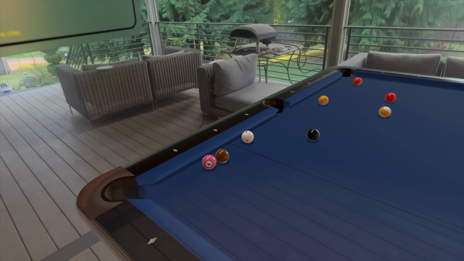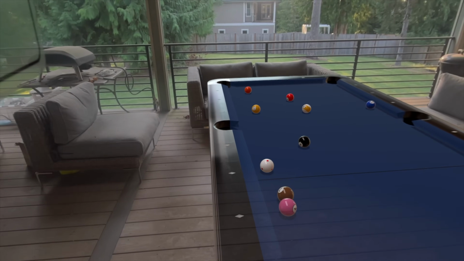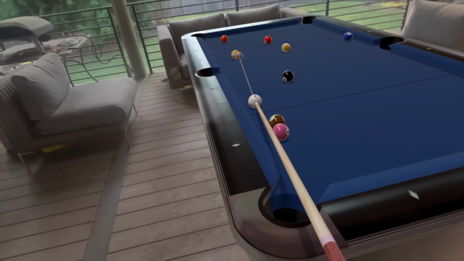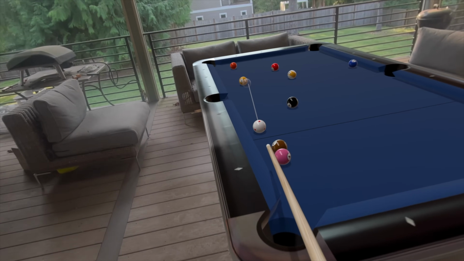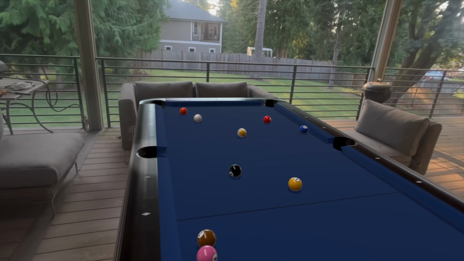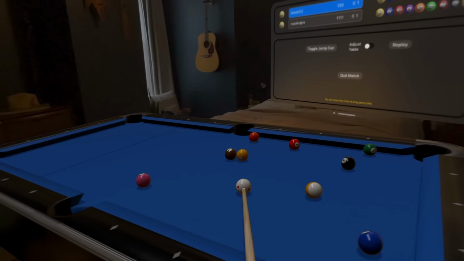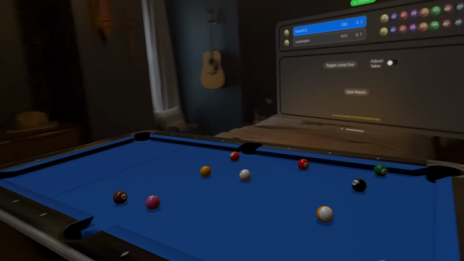Virtual Pool IRL is another game that uses Vision Pro's hand tracking technology, and that's where it shines. You line up your shots by walking around the table, just like in real life, and control the cue with natural hand movements for that authentic pool playing feel. At $9.99, it's a fraction of the cost of a real pool table with none of the maintenance, and it